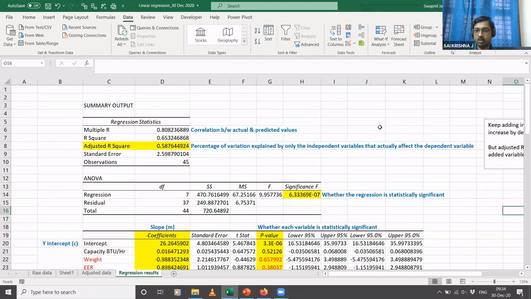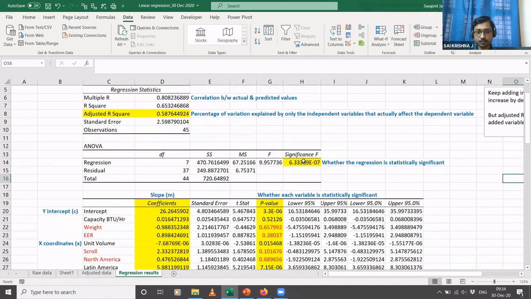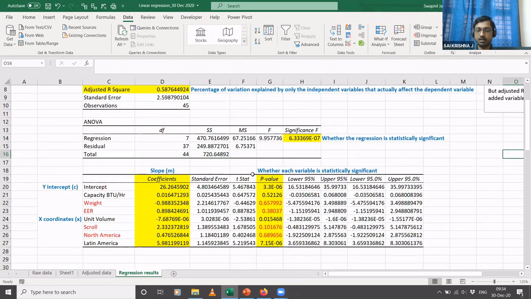So what do we mean by statistical significance? I'll just show you over here. Even in our hypothesis testing discussion, we had this variable called the p-value, right? For each of the independent variables that you have in your data, after you do the regression, you will get this p-value.